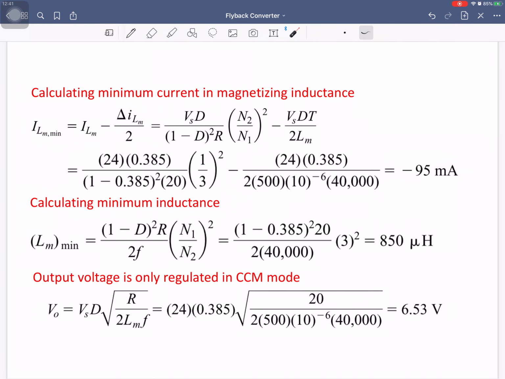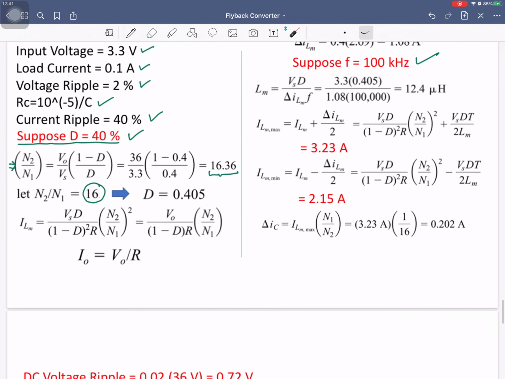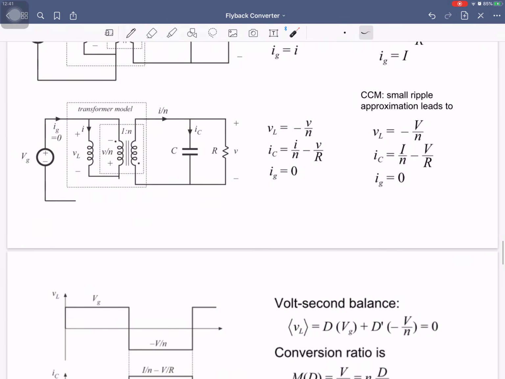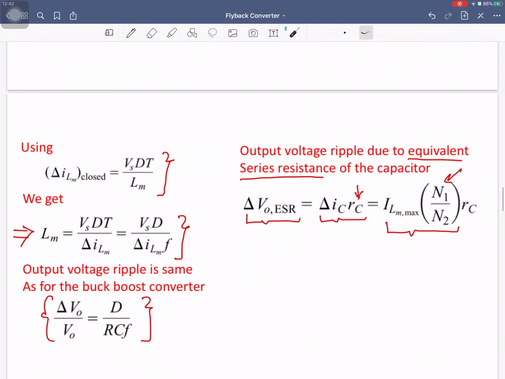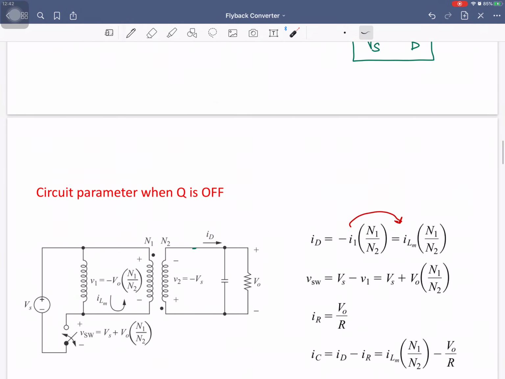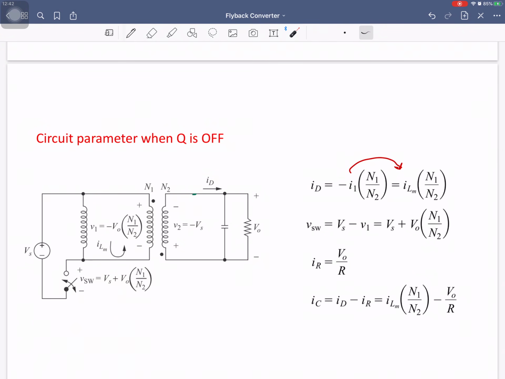Can it be negative? If I go back to the circuit diagram again, we can explain it from this diagram. When this switch is on, this is the path of the current. And when the switch is turned off, this current is diverted over here. But it always remains downward. The direction of the current through the magnetization branch is always downward. It's always considered positive. It cannot be negative.